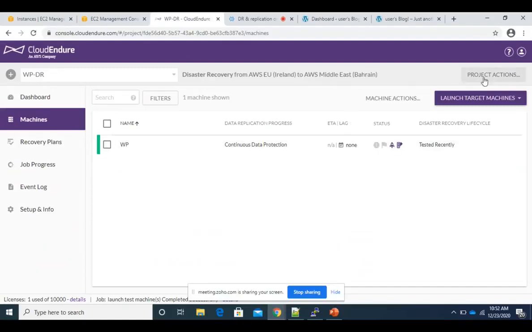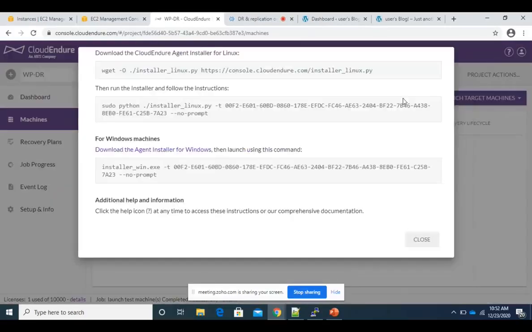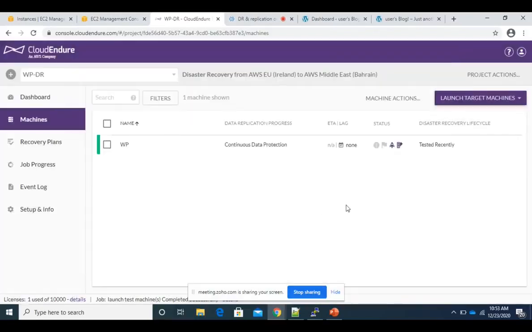The process to add a machine is very simple. It'll tell me what I need to do: I just have to download the agent for Linux and run this command, and then if proper connectivity is there, I would be able to see this machine in the console, and the replication will start.